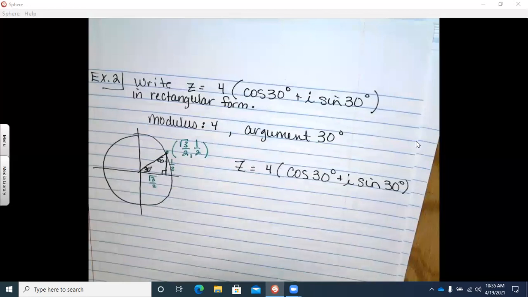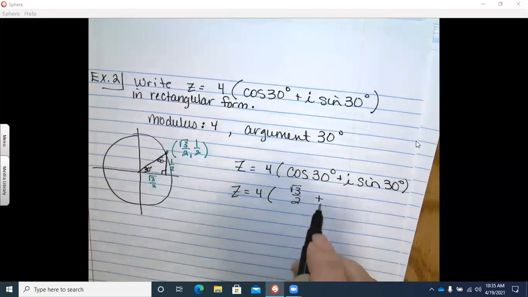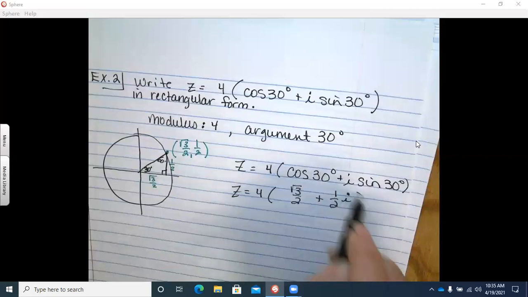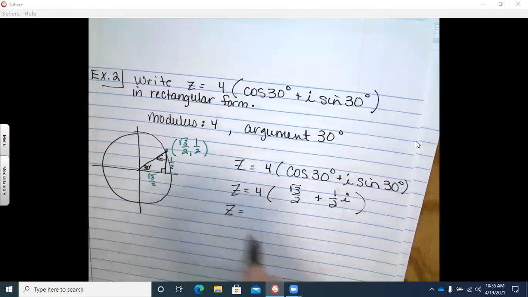So z equals 4 times the cosine of 30 degrees, which is square root of 3 over 2, plus the sine of 30 degrees, which is 1/2. So I'm going to put 1/2 i, because it's i times the sine of 30 degrees, right? Then I'm going to distribute that 4. So z equals 4 square root 3 over 2 plus 4 over 2 i,